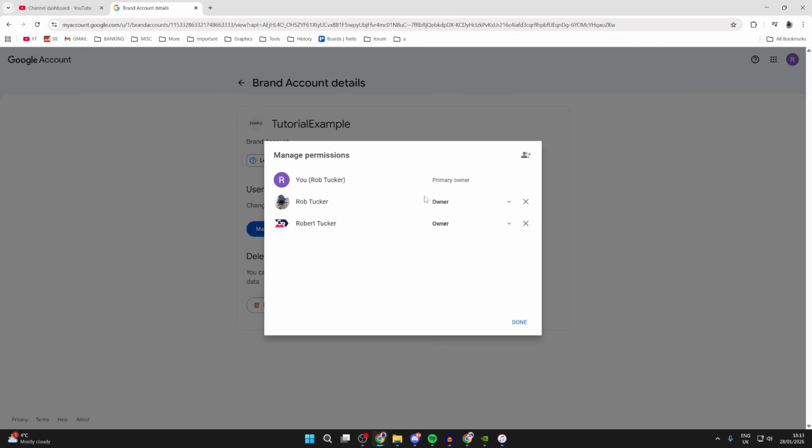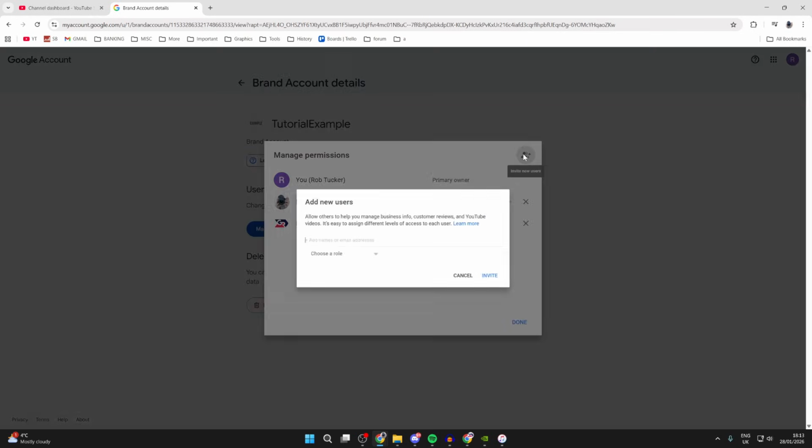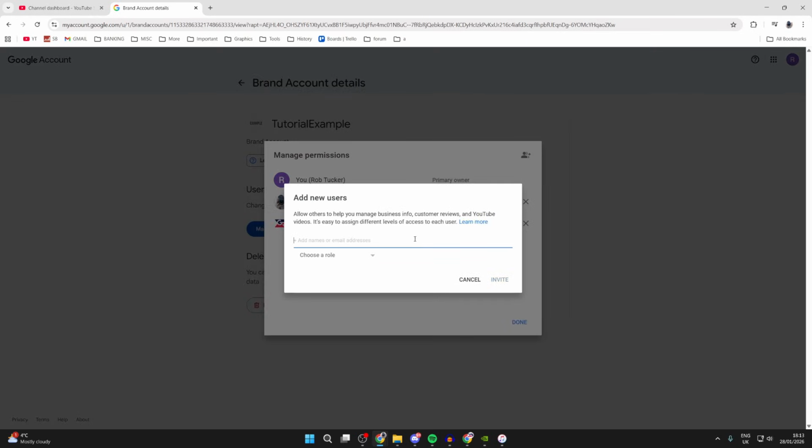Now what you need to do is go to the top right and you'll see this people icon with a little plus, which you can tap on. And now we can go and invite people here. So you need to go and add the email address for the account you want to transfer it to. So I'm going to type that in now, which is going to be